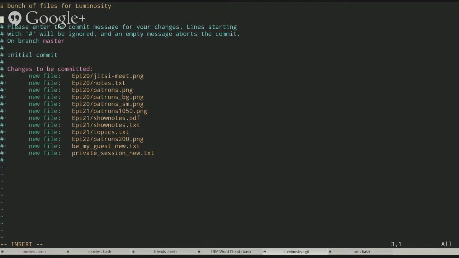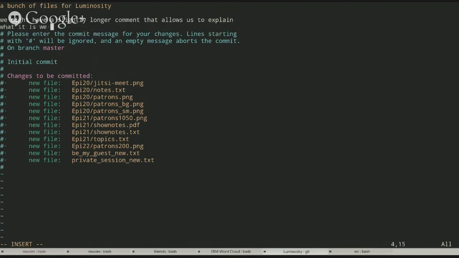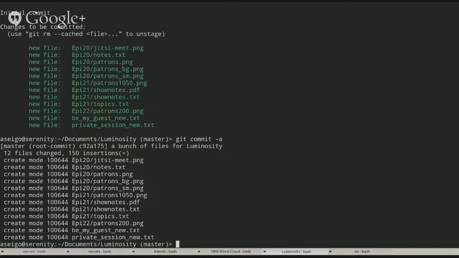And here we might have a slightly longer comment that allows us to explain what it is we are doing and why in a more verbose manner. And we save the file, and it tells us they've been committed. So that's pretty neat. Now, how can we see what it's actually done? Well, there's a log. And what the log is, it records and will tell us every change that's been made